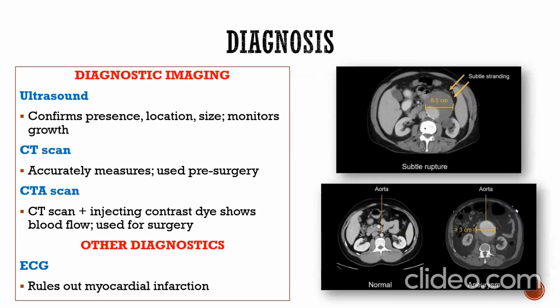Diagnosis is based on ultrasound and primary clinical symptoms. Ultrasound confirms presence, location, size, and monitors growth. CT scan accurately measures, used pre-surgery. We see an aneurysm of the abdominal aorta, more than 3 centimeters, with a diameter of 8.5 centimeters,